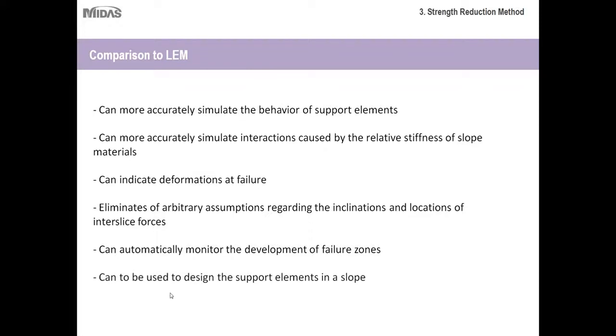And it can be used to design support elements in a slope. So yeah, that ties back. If you're working extensively in design, not just of the slope itself, but also of support elements or nearby structural elements, then the strength reduction method can be used to help you design that in relation to the factor of safety. So if you have a higher-end or more complex project where you not only need to calculate the factor of safety, but also need to do some design work for support structures or retaining walls or foundations around the slope, then the strength reduction method can really streamline